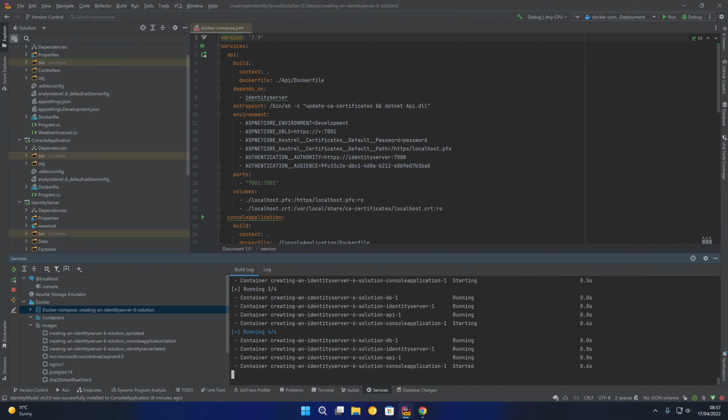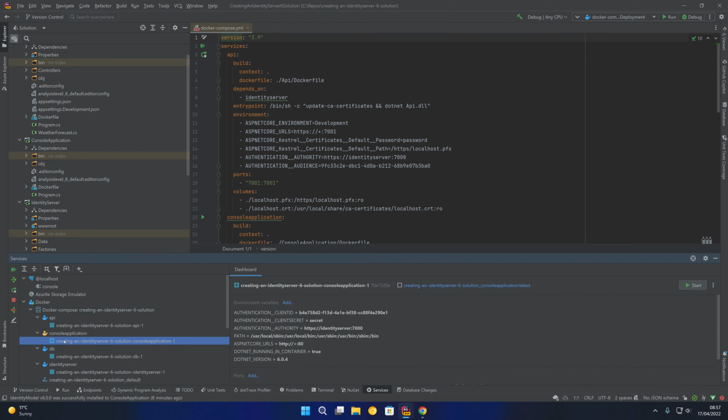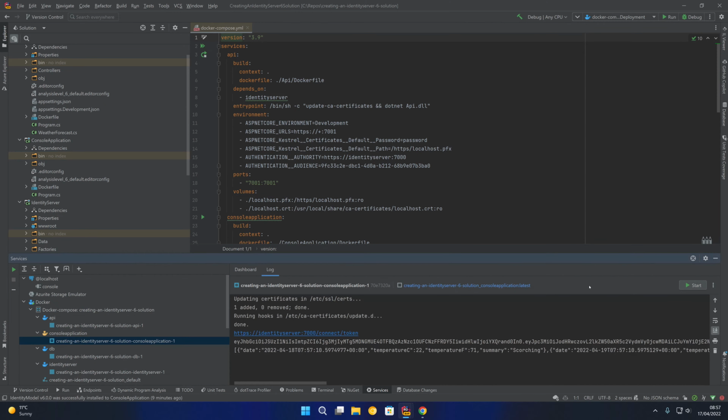So you can see there, it's just creating those containers and running them. We can see 4 out of 4. And if we expand the services, you can see our console application container has stopped. Now if we click on it, and then over here on the right, very handy, you can show the logs for the container. So what I'm going to do over here, click on those three dots, click on show log,